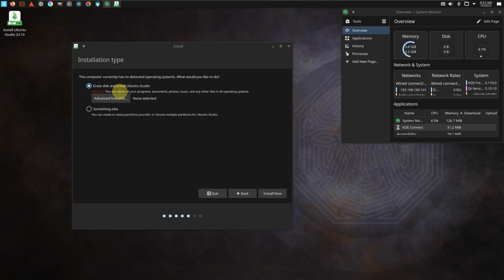So whether you choose the hard disk or a virtual disk, it's going to erase everything. If you choose the virtual disk, you don't need to worry. If you choose the hard disk, you need to be careful what you choose here. Something else: you need to create a partition which